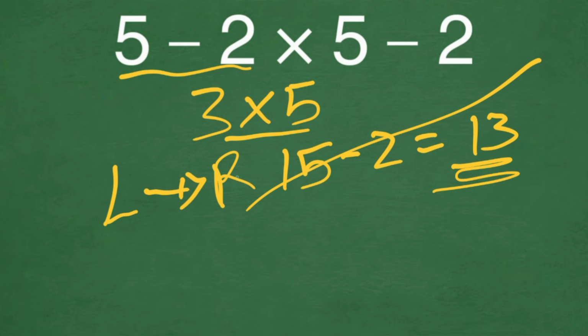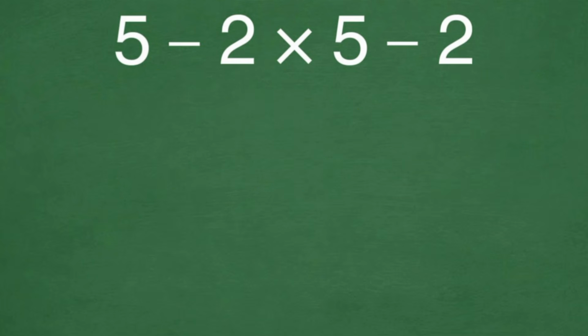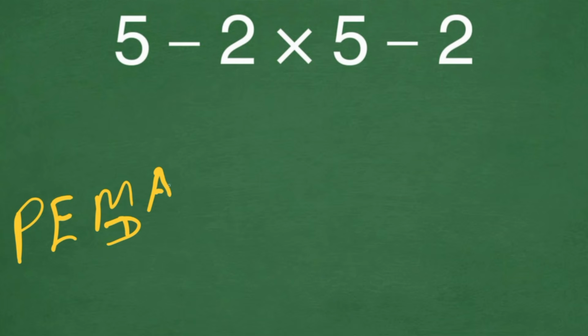But again, this answer is wrong, because of the order of operations, PEMDAS, that I am going to write here. So here is the rule. This is an acronym we use to describe the rule of order of operations. P stands for parentheses, E stands for exponent, and D stands for multiplication and division, A and S stand